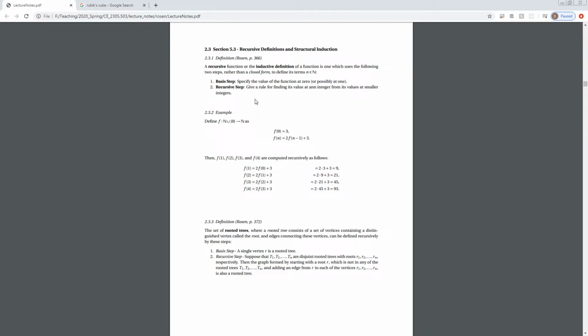But a recursive definition wouldn't be as clean cut. So you would call the same function over and over again until you reduced it to that basis step, that initial term, right? And so for the example function, we've defined it with f of 0 is equal to 3, and then